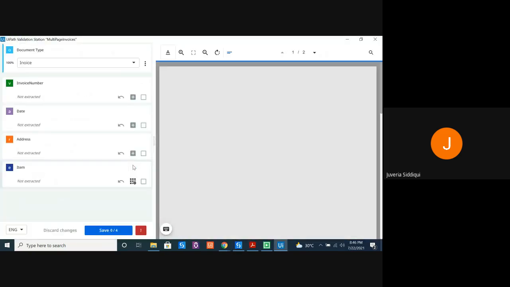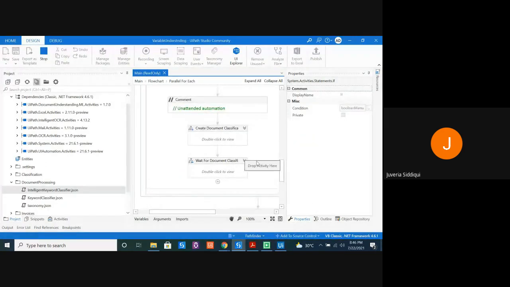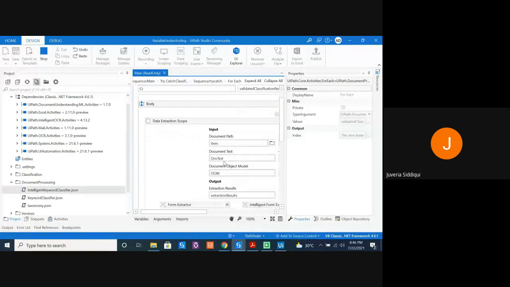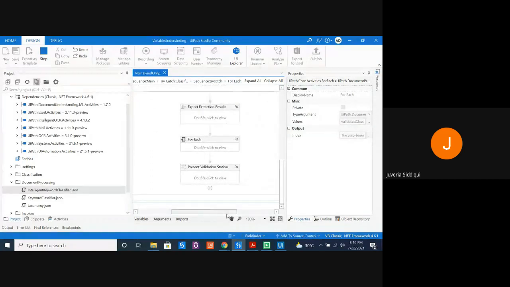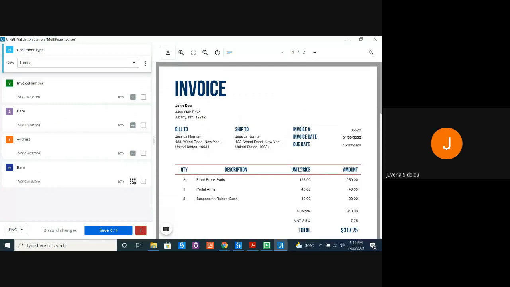All right. So this is what I wanted to show you. If you remember that while we were doing this, after the classification, we did the extraction. And after the extraction, what I said is that if the extraction result is not as per your requirement, you can do it manually as well. You can validate your extraction. So this is what we are doing for the first time using attended automation, and I'm using a validation station. This is how my validation station looks like.